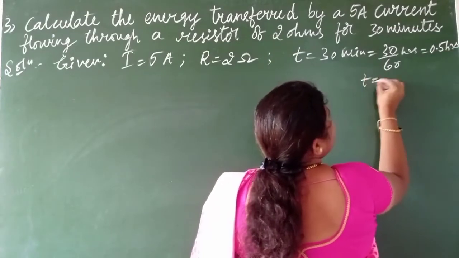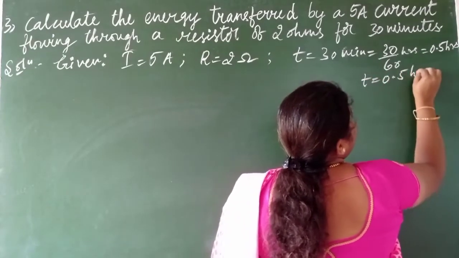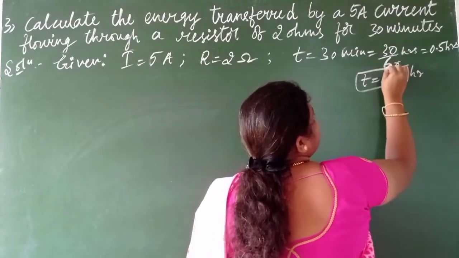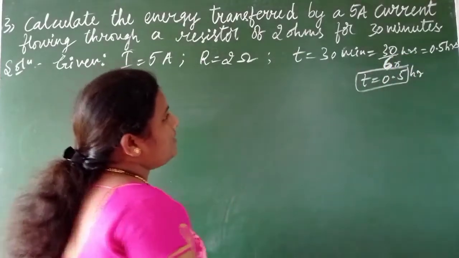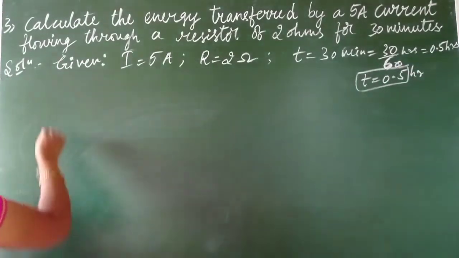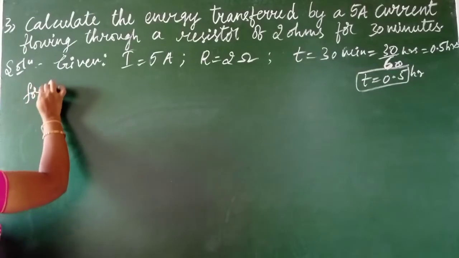What is the T value, children? 0.5 hours. Got it, children? Okay, now using the formula,